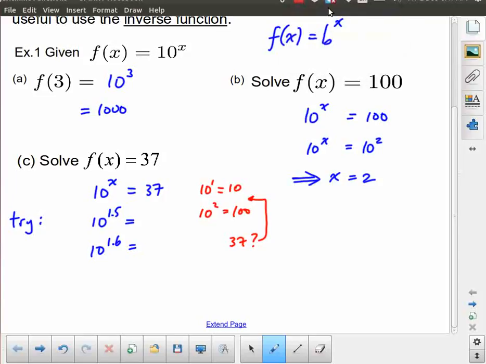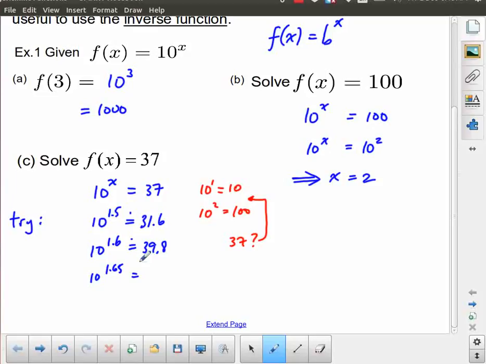So 10 to the 1.5 gives me approximately 31.6. 10 to the 1.6, on the other hand, gives me 39.8. So that's a better result, but still we could do better still. So I might try halfway between those,